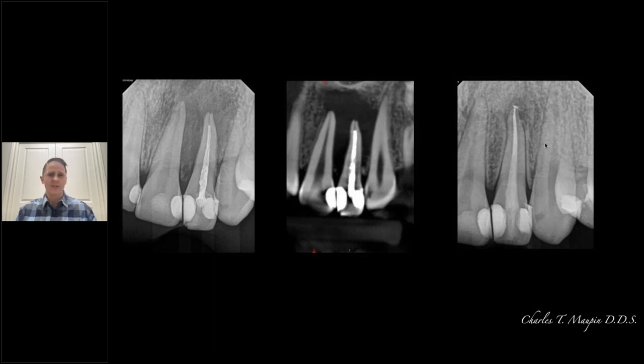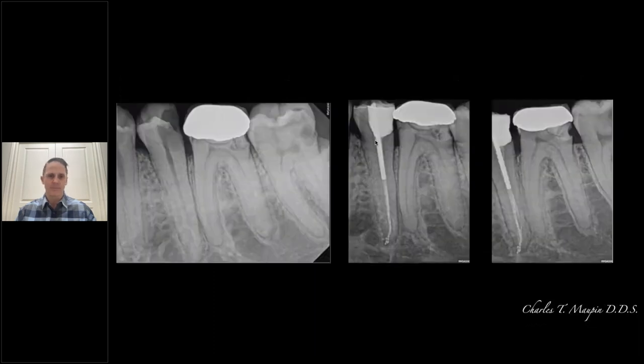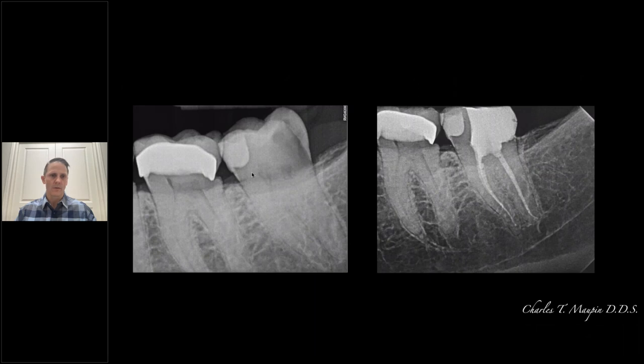So pretty significant healing. We know kids, younger patients heal fast, but I thought this was just pretty incredible healing. I mean, it was completely blown out. The tooth was very mobile at that first appointment, completely tight today, physiologic mobility going on. Everyday endo, making the complex less complex.